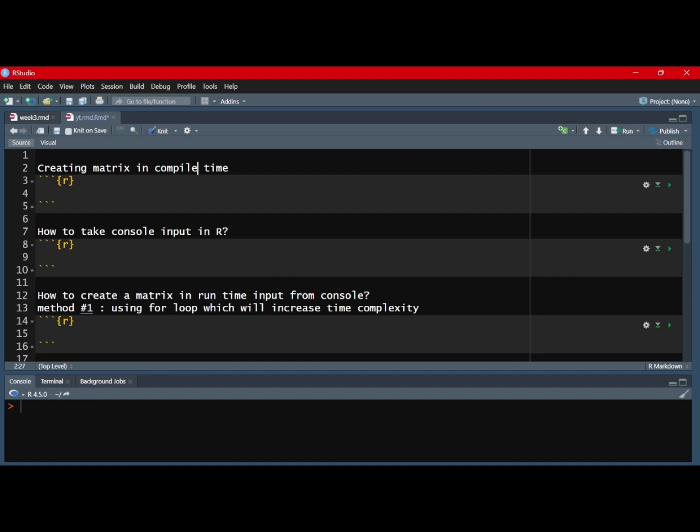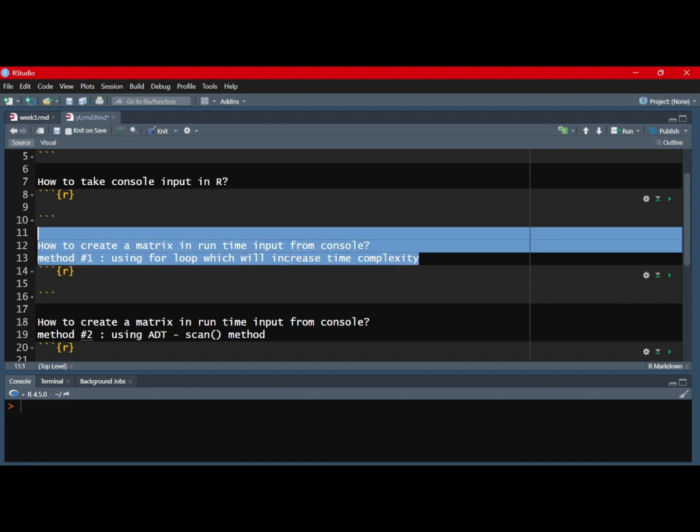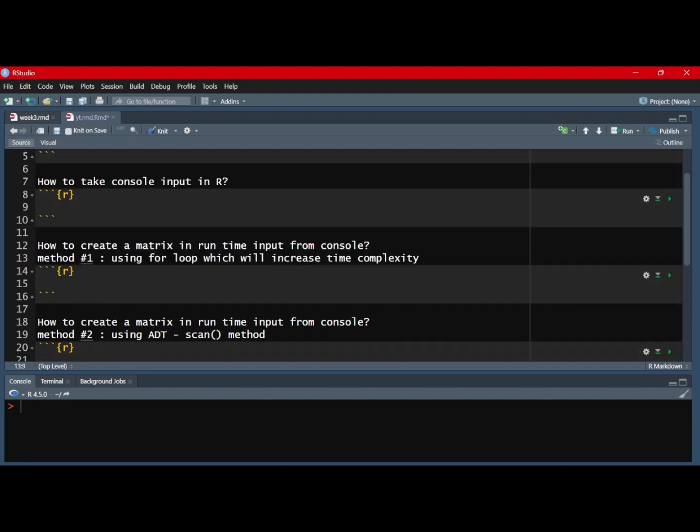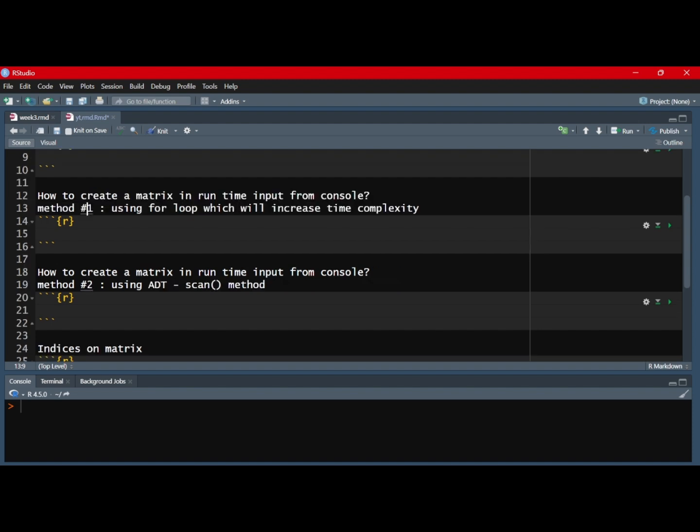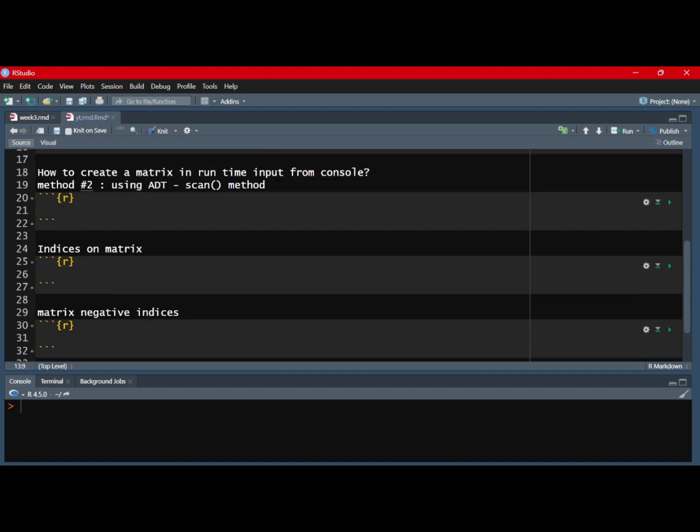How to create a console input in R programming, because we are also going to study how I can create a matrix using runtime console input. We will discuss two methods to create a matrix. First, we will use a for loop, and another which uses a function called scan. And then we will do some experiments with matrices using indices, and